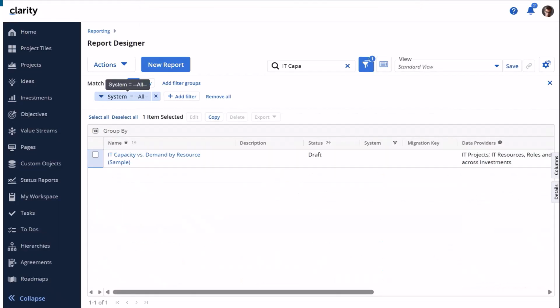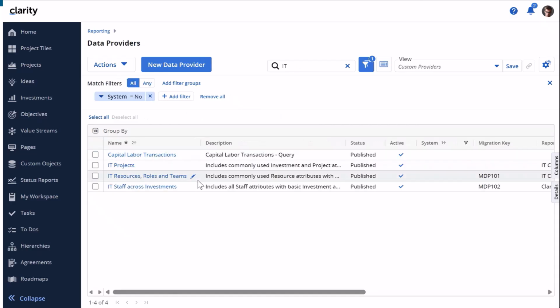And you can see here that my copy was created of the report design in draft mode. And it's not a system copy. And if I look at the data providers that I used within my new report copy, these two already existed, so I just remapped them and it created the new data provider called IT Projects, which is published and in active state. One limitation whenever you're trying to select a new data provider to map your non-system data provider to